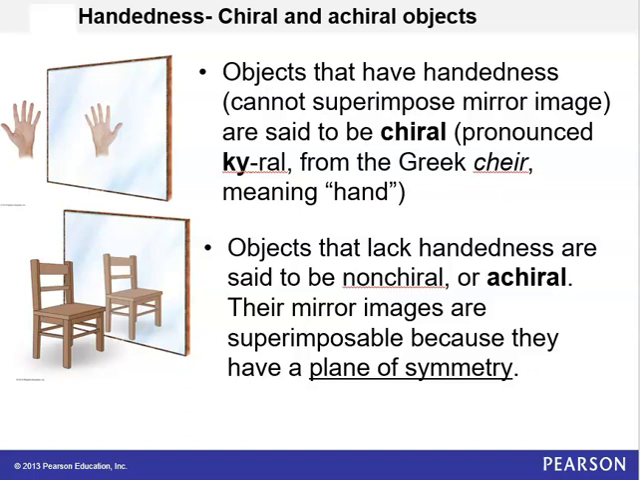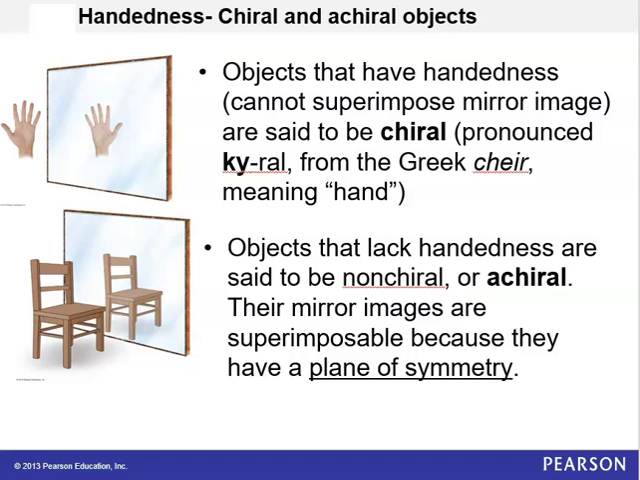This is part 2 of chapter 18, and we're going to talk about handedness right now and amino acid handedness. So this is kind of another organic chemistry review section, and we're going to talk about the difference between chiral